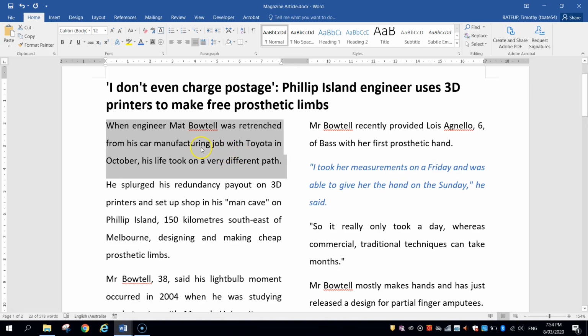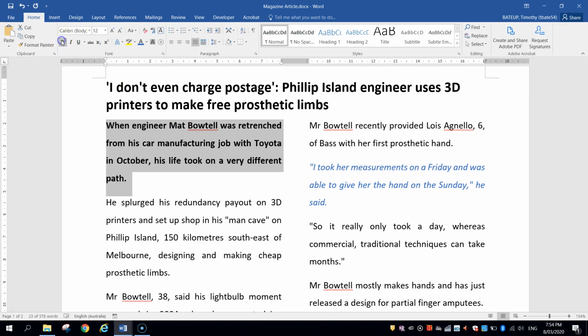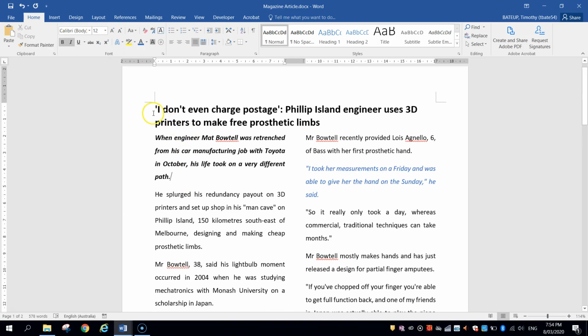What we're going to do is leave the size the same, but show that this is important by making it bold and putting it in italics. Okay, so that's how it's going to look. So people should read the headline first because it's the biggest thing on the page, and then they'll move straight into this section here, which is the second biggest and boldest thing on the page. Okay, it's just how the human eye will read the text.